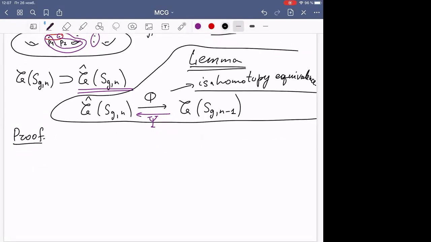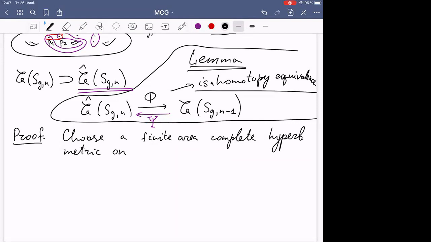Let us choose a hyperbolic metric. As usual, we choose a finite area, complete, hyperbolic metric